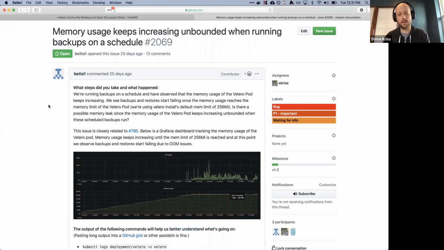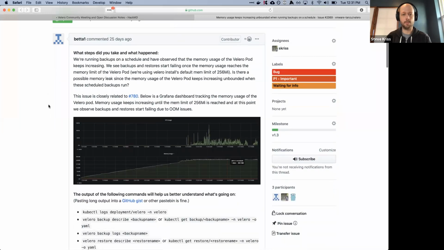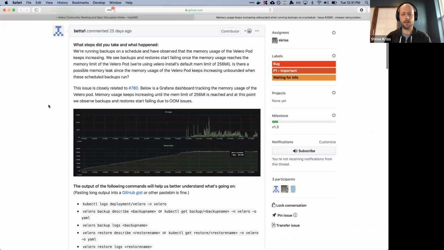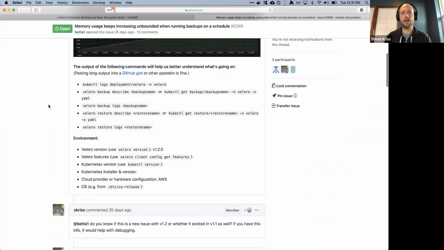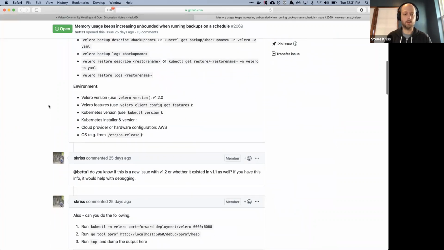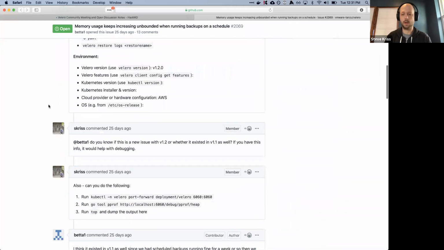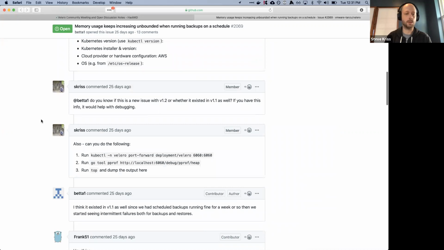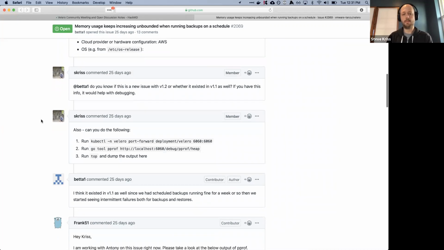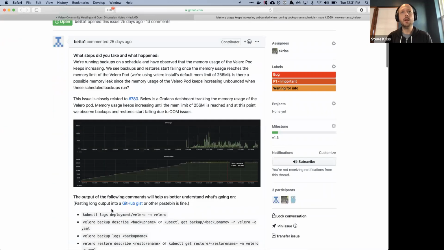As far as I can tell, it's not being caused by Velero code, but potentially by some of the libraries we're using for executing those hooks. I need to do some more digging here, but continuing to make progress on this. And then, if I get through this or if I need a break, I'll probably pick up some of the other bugs or smaller features in the backlog. I think those are all the updates I have.